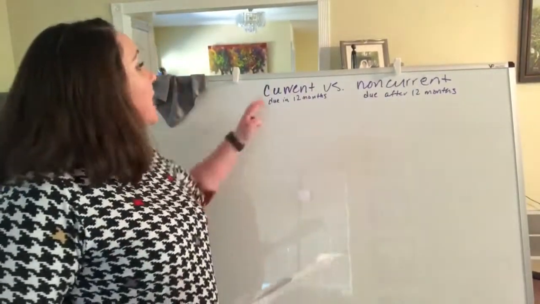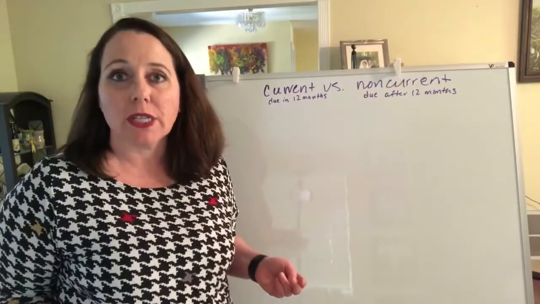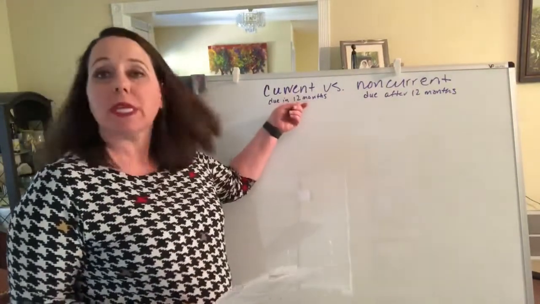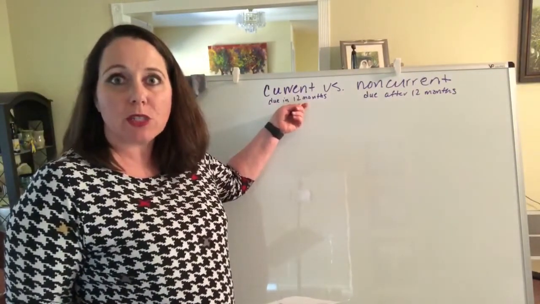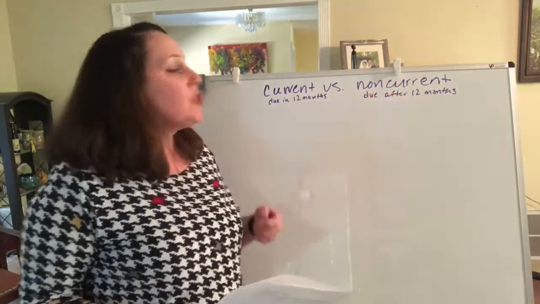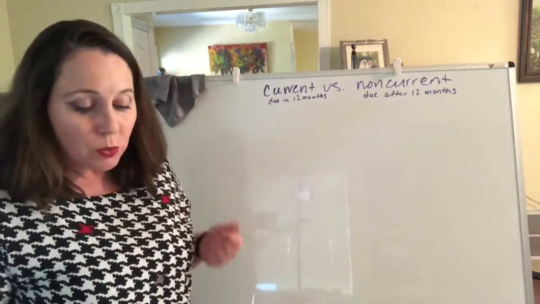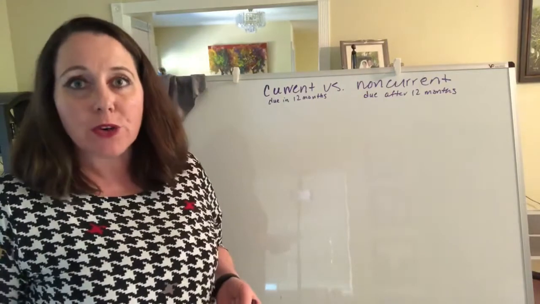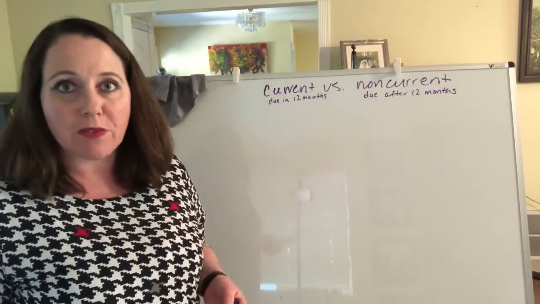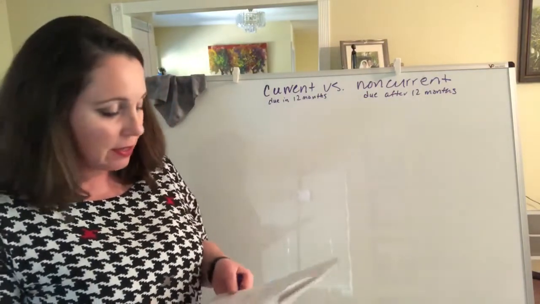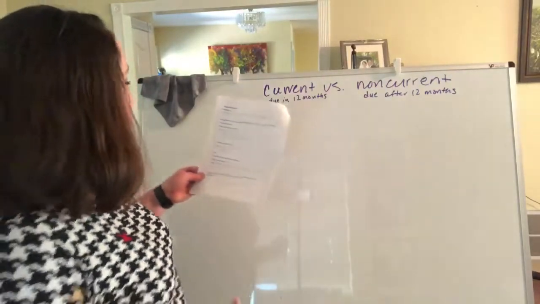Welcome back. Next, we're going to talk about current versus non-current liabilities. Remember, current liabilities are those that come due within the next 12 months. Non-current liabilities are due after 12 months. So we're going to talk about it within the context of unearned revenue, which you probably remember back from when we were talking about AJEs. Okay, so our example is